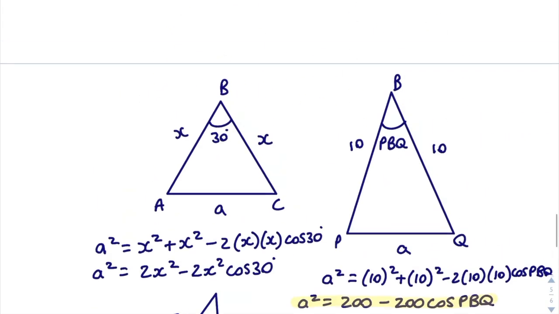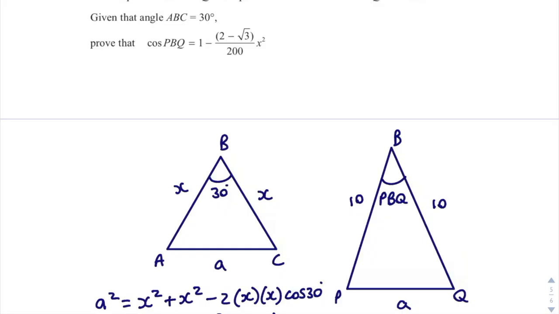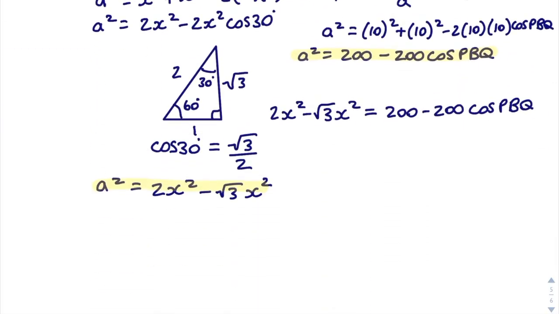Now, if we look at what we're trying to prove, cos PBQ equals that result up there. So we need to make cos PBQ our subject. So what I'm going to do is subtract 200 from both sides. So we get 2x squared minus root 3 x squared minus 200, and that's equal to minus 200